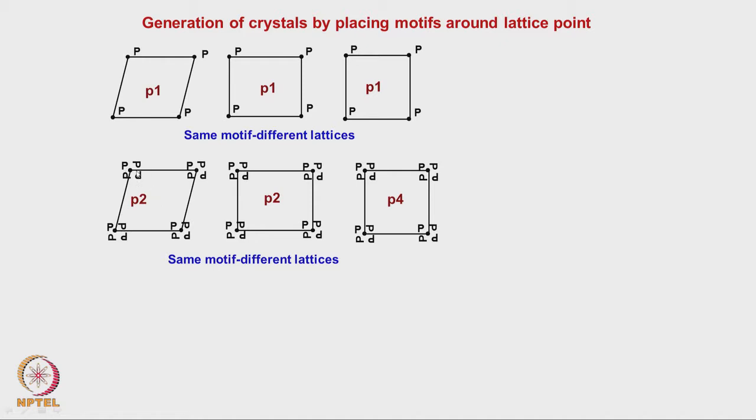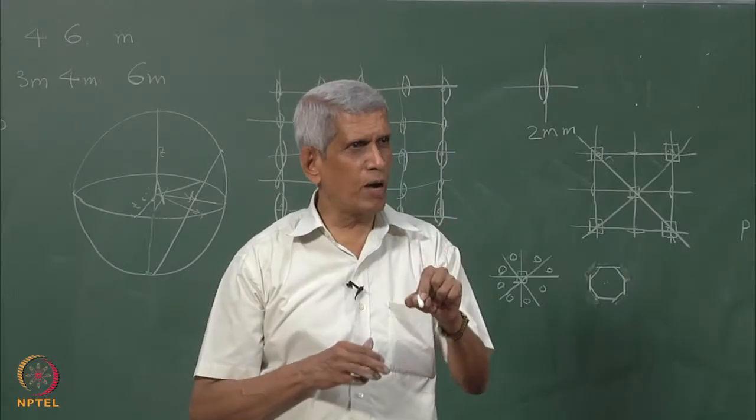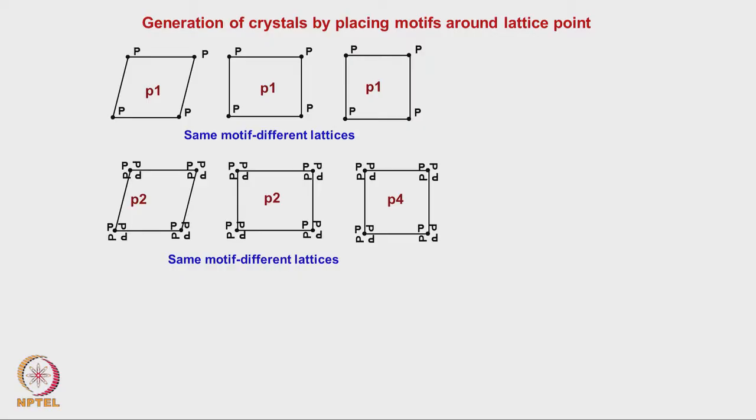When I keep this around it, since the axis of rotation, the fourfold as well as the twofold, coincide, because when I say fourfold, it has a twofold rotation also associated with it. So, what is common to them both is the twofold. So, this now exhibits a twofold rotation. And like here, it is essentially a rectangular one, where when I put a fourfold again around each lattice point, the lattice has a twofold rotation, and the motif has a fourfold rotation and the twofold rotation. Since the axes coincide, it will exhibit only a twofold, right.